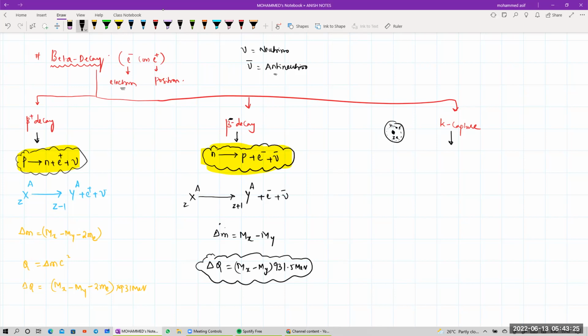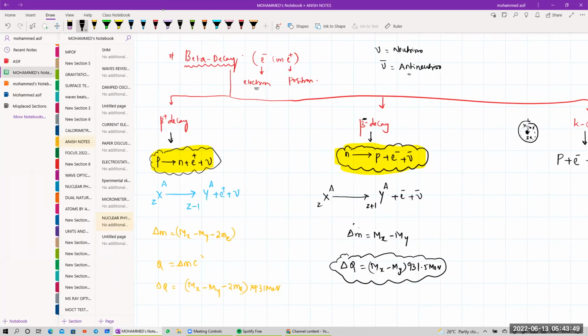This is known as the K shell, then L, M shells. If this nucleus eats the electron which is present in the K shell, that process is called K capture. In K capture, the nucleus at the center will try to eat one electron which is present in the K shell. So when the proton reacts with, or eats, this electron, we get a neutron as well as a neutrino.